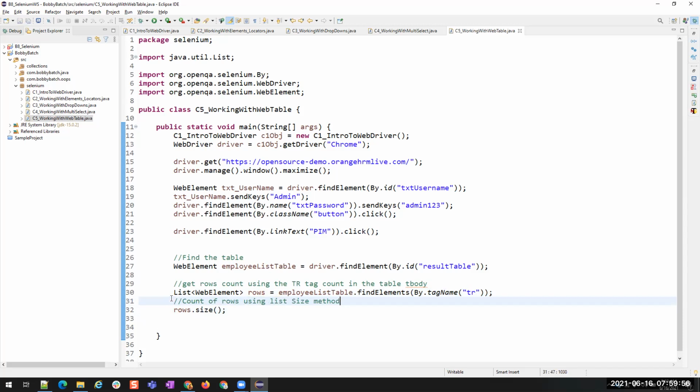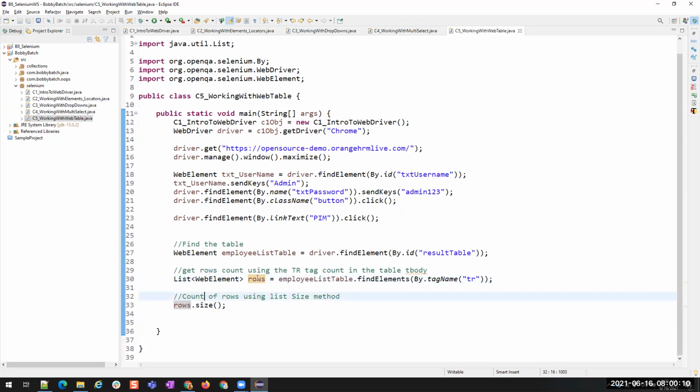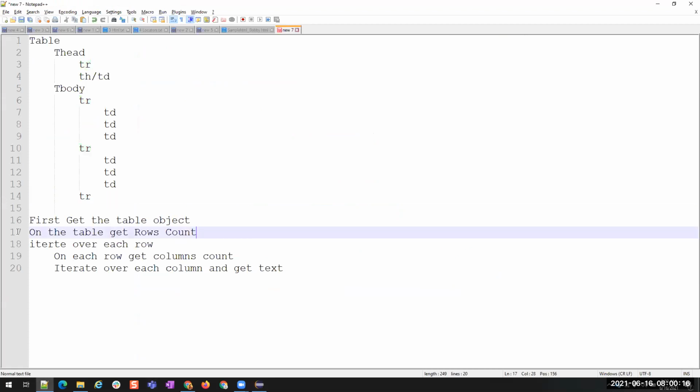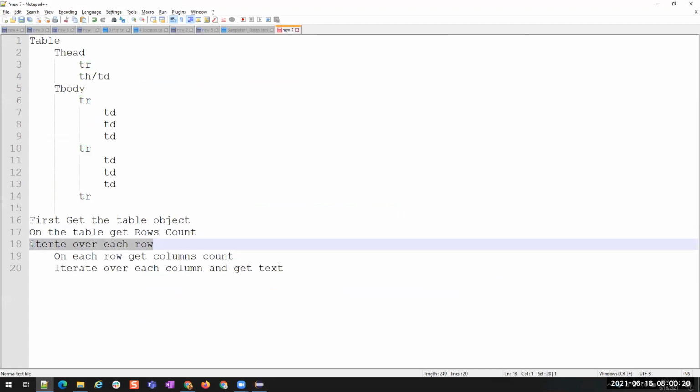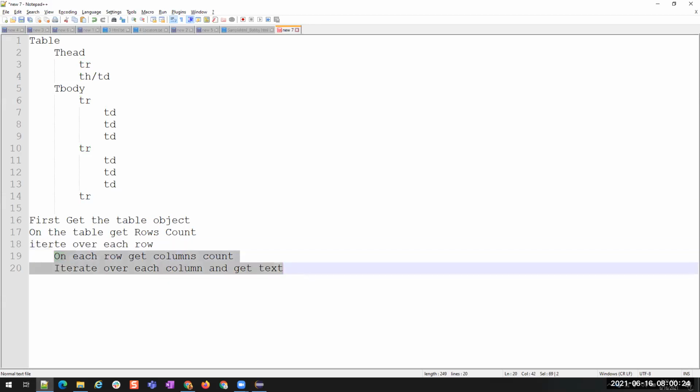This findElements is returning all the TR elements, and all the TR elements are present inside this list. If we count the elements in this list, that's enough for us. So that's why I am getting the size of these rows. Now we have the row count. We are done with the second operation. Now we have to iterate over each row, go to each column and get the text, right? That's what we do.